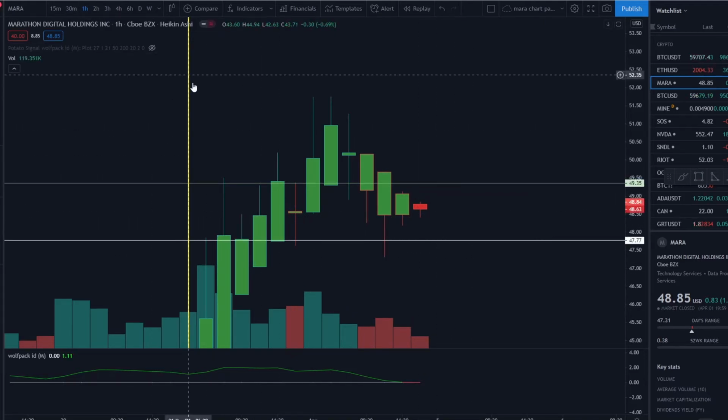this is the 1 hour time frame. We can see that it's been trading in between these two. It broke out of this recent all-time high resistance only to come back down as Bitcoin was dumping, and it tested this point only to have a wick down here on the previous resistance, and now it's floating in between these two. My prediction for next week on Monday is that it will completely break out of this